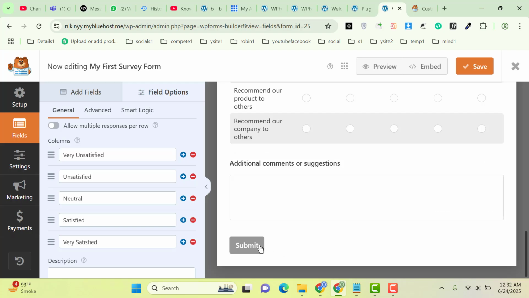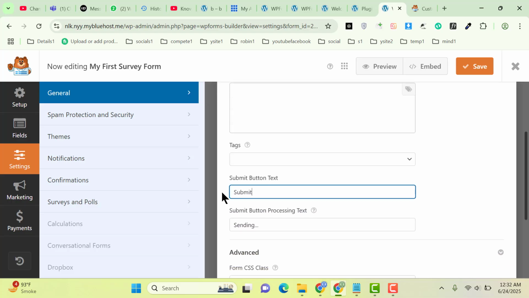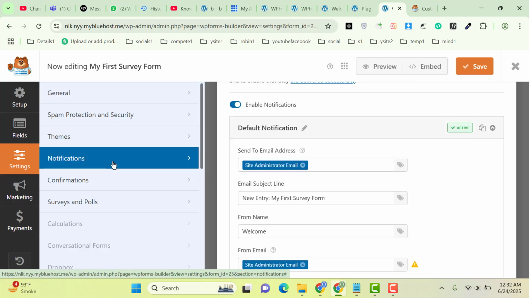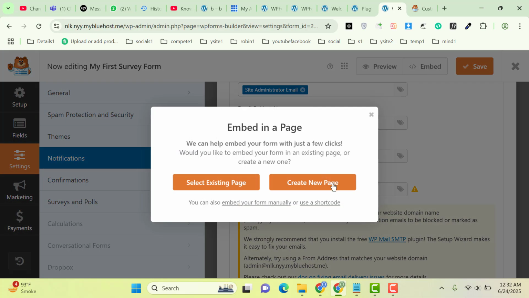and after that you can click on the submit button, then scroll down, and you can change the submit button text, as well as you can also go in here, form notifications. Then you can add here your own email, then scroll down, and also you can change this one. So after that click on save, then to add this form in your website, click here on embed, then you can use